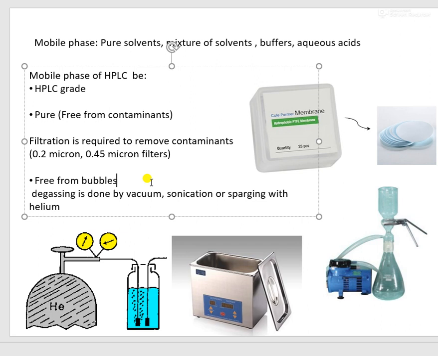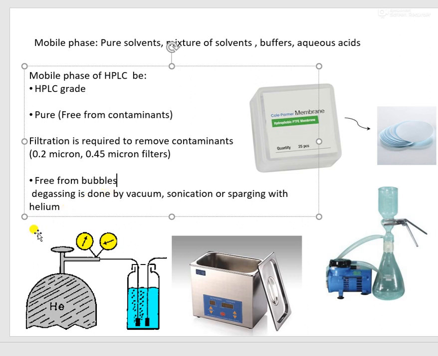And as we know in HPLC, when we are performing our analysis, first mobile phase is allowed to run alone for 10-15 minutes for equilibrium, and you should get a straight baseline. Once you get a straight baseline, after that you have to inject the sample. But if you are not getting a straight baseline, you cannot inject the sample. So if a bubble is there at the detector level, you will not get a straight baseline. So you have to remove bubbles from your solvents.